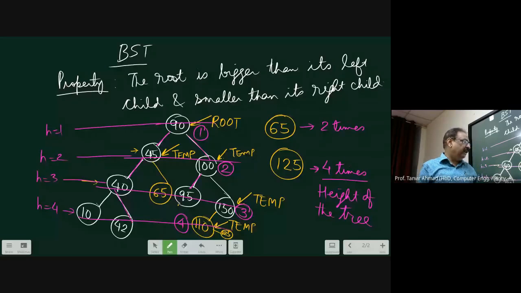You take this 110 again. 1, 2, 3, 4. And therefore height is defined as the maximum distance from the root to its children. That means if I take a tree like this,